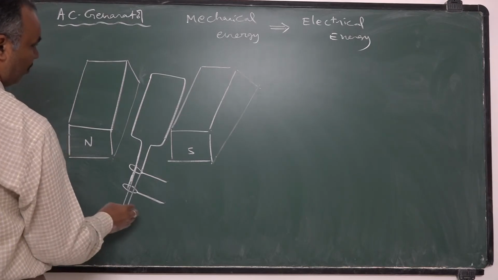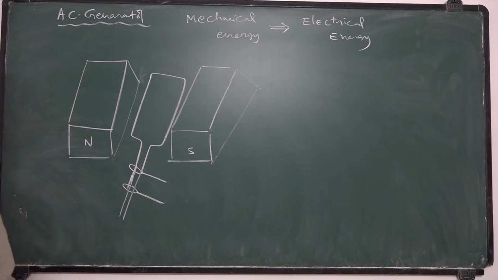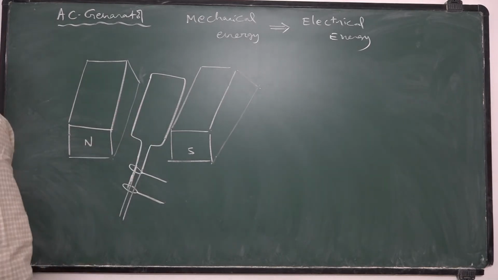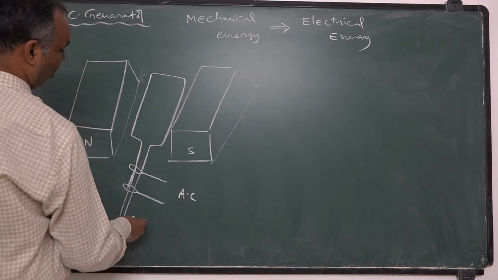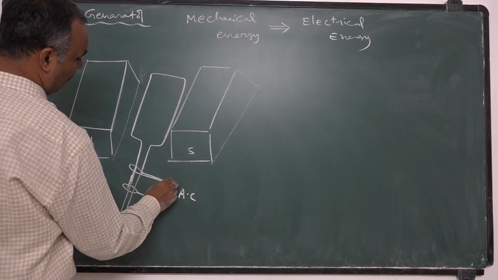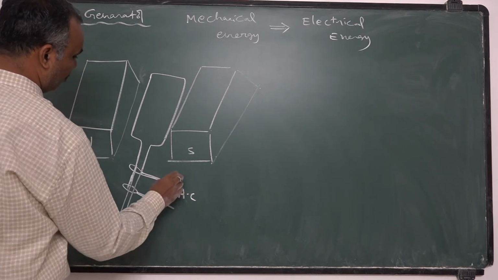This metal shaft helps the rectangular coil to rotate in the magnetic field. Due to rotation of this rectangular coil, alternating current gets generated. The generated alternating current is received through these wires or through these terminals. This is the basic construction of